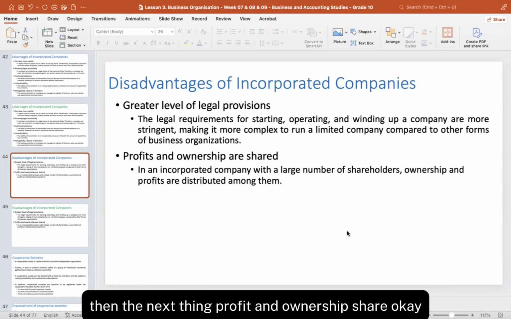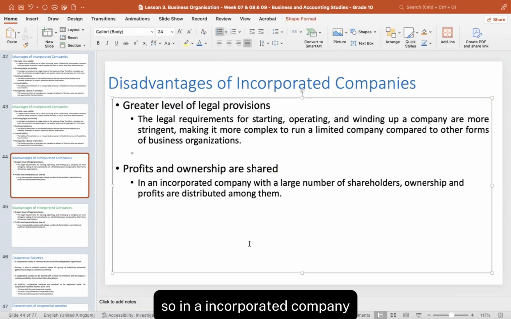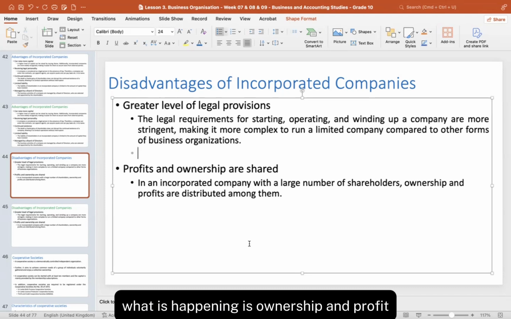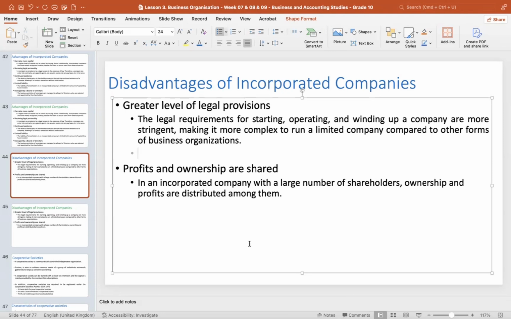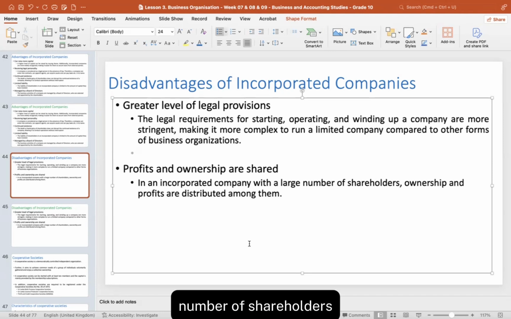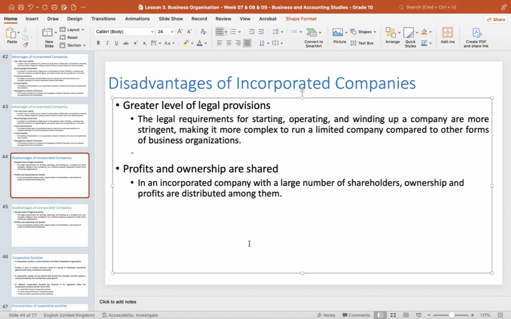Okay. Then the next thing, profit and ownership are shared. Okay. So in an incorporated company that has a large number of shares, what is happening is ownership and profits both are distributed among a number of shareholders. So even if a profit is generated, it goes to the others too. Ownership also goes to the others. Okay, so those are considered as